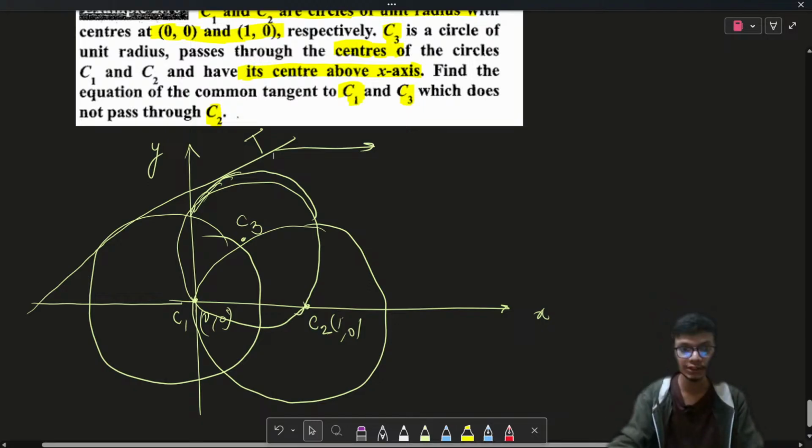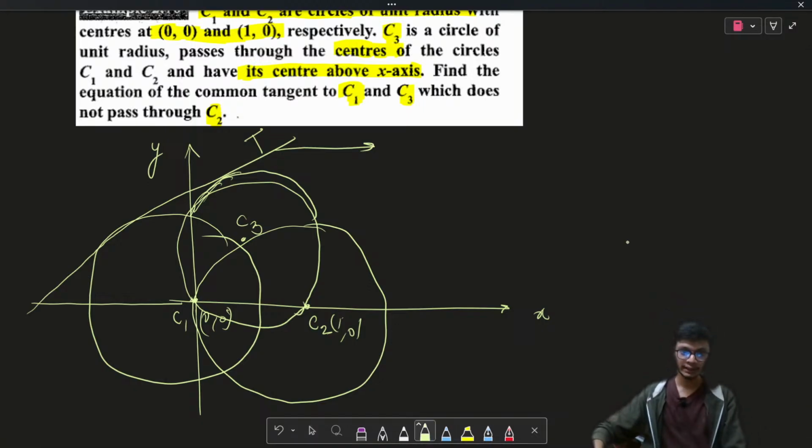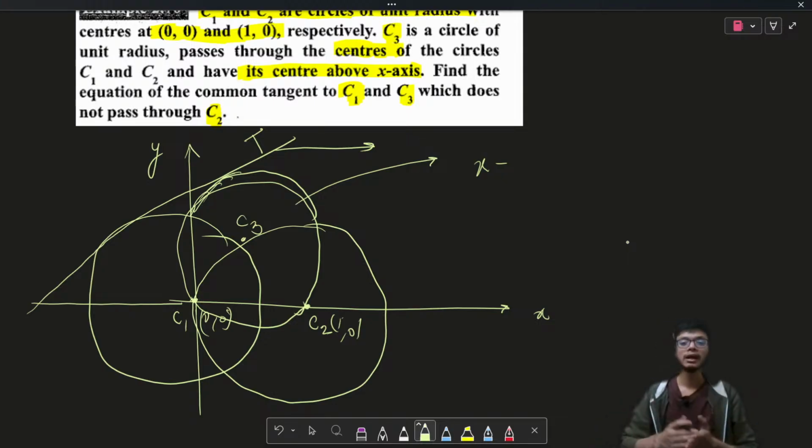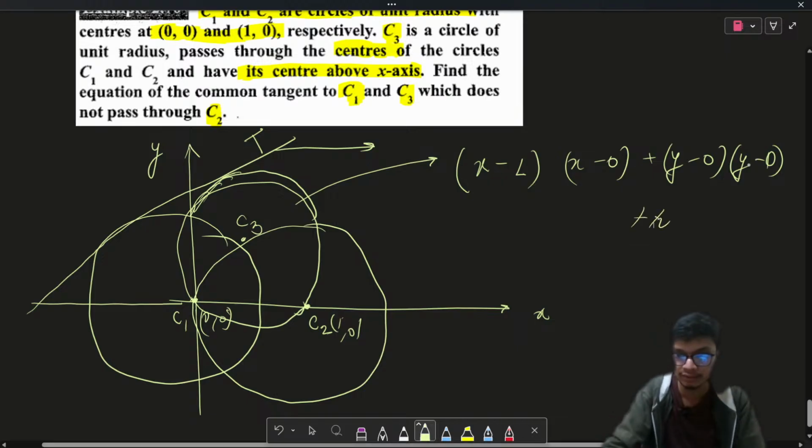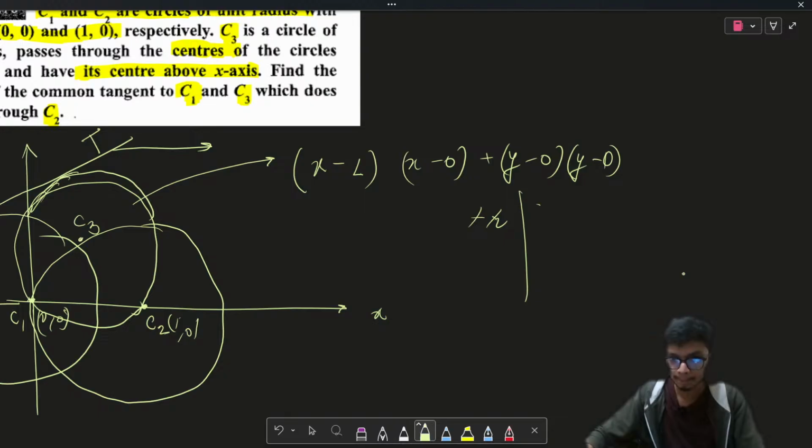so what I can try to do over here is that, if these two are the points of contact of this particular circle C3, then I can generate any possible circle C3 considering this particular line and also the circle passing through the diametrically opposite points C1, C2. Then I can generate the family of circles as follows. That will be basically (x minus 1)(x minus 0) plus (y minus 0)(y minus 0) plus lambda times the equation of the line C1C2, that is lambda times the determinant of x, y, 1; 0, 0, 1; and 1, 0, 1,